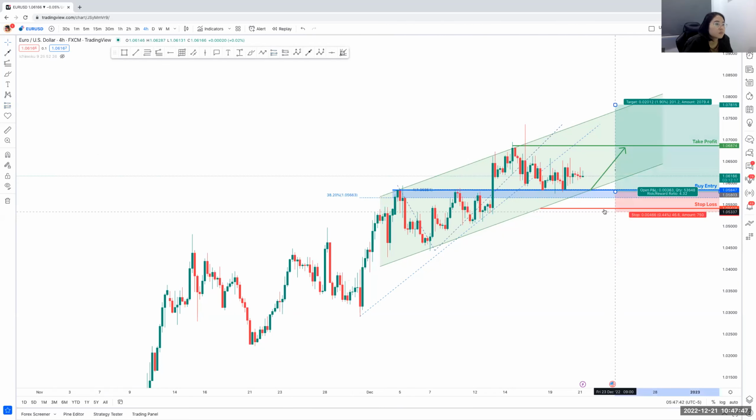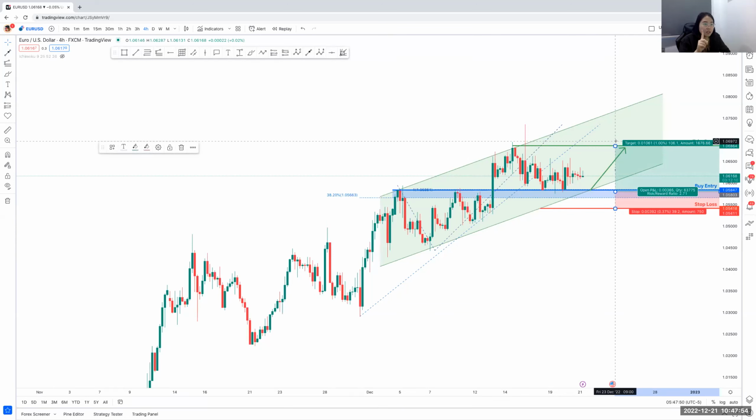Because I'm always risking 1%, I am only risking 1%. If I'm wrong, it'll hit my stop loss and I lose 1% of my entire account size. Let's say my account is $100,000. I lose $1,000 maximum. That's the most I can lose. But if I win